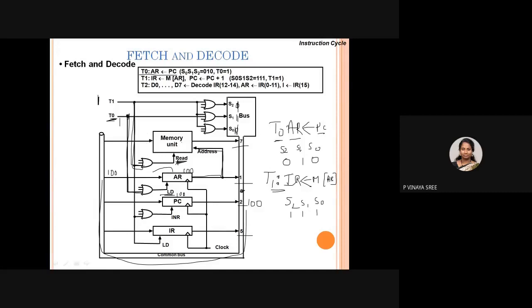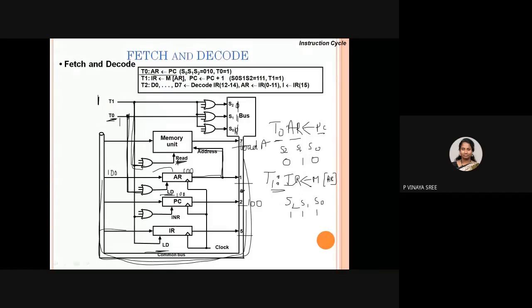So it reads that instruction and places it inside a common bus. Let us consider that in that instruction we have a load A. So this is loaded, and with the help of the common bus, it has to come here, and whatever instruction is present will be placed in the instruction register. For that, load must be active, then only it can load inside the instruction register.